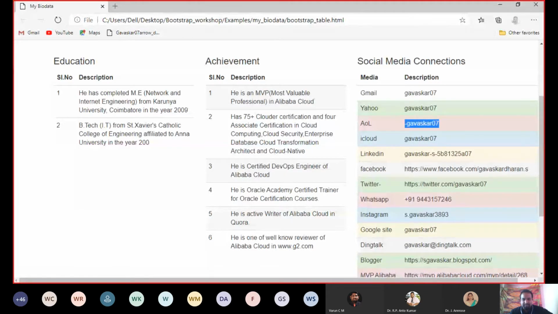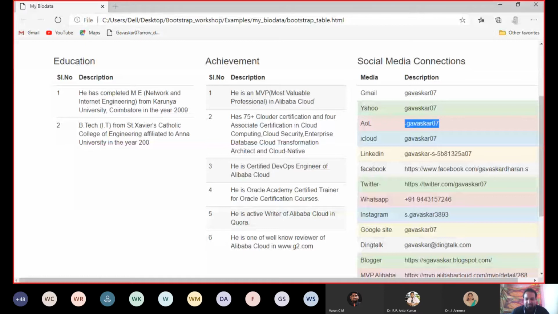Now we are moving to the next concept, that is image. How to add the image? It's very simple. In HTML also, you have to use the image tag. But you see, in HTML, if you want to add the image in a circle format, it is very difficult. You have to work with Photoshop or Paint, then only you can create a circle image. But see here, by using a simple class, you can create a circle image.